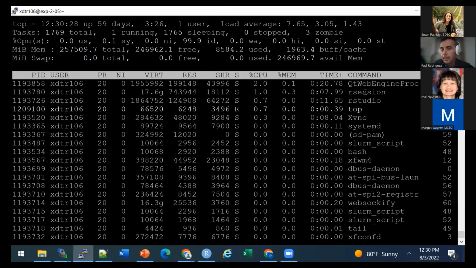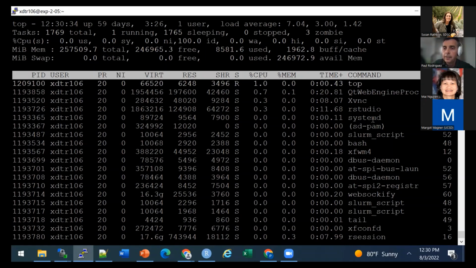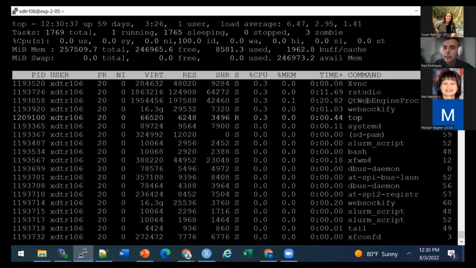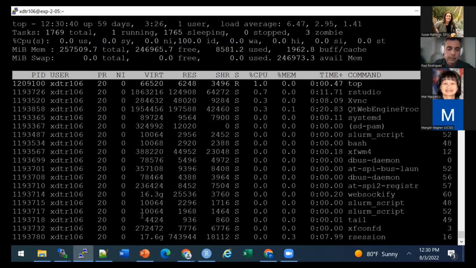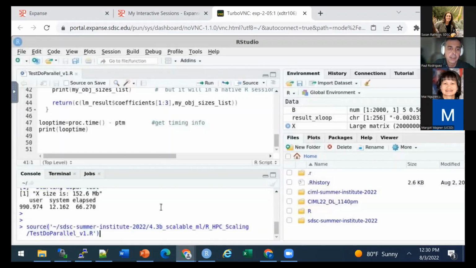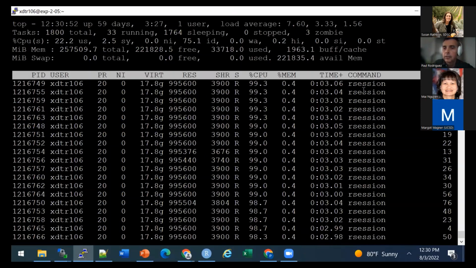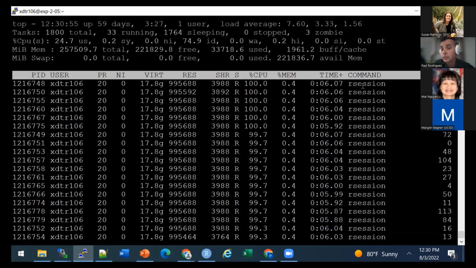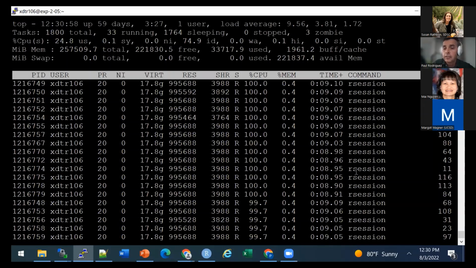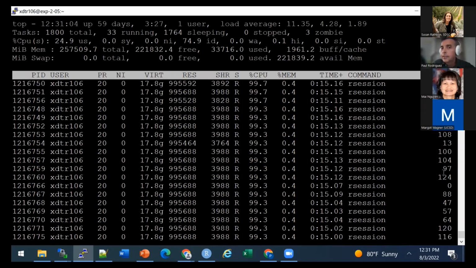All right, so again, I've logged into that compute node. I'm looking at all the things that are running here. RStudio is sitting on one of these cores. Okay, the whole thing, I'm going to run it again. And then we see our parallel. Remember, I asked for 32 cores, so I should see 32 R session commands, and they're all running on different cores. So this is the kind of thing you want to do as you run.